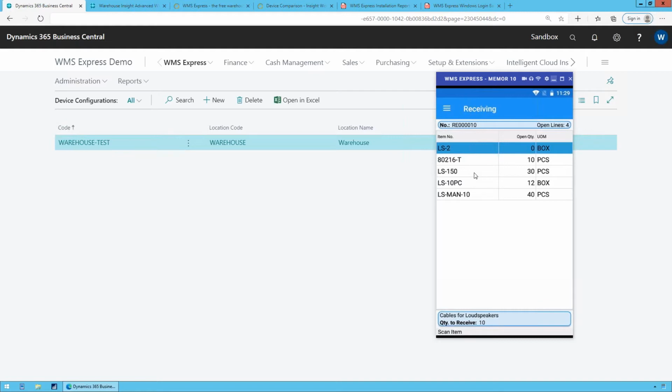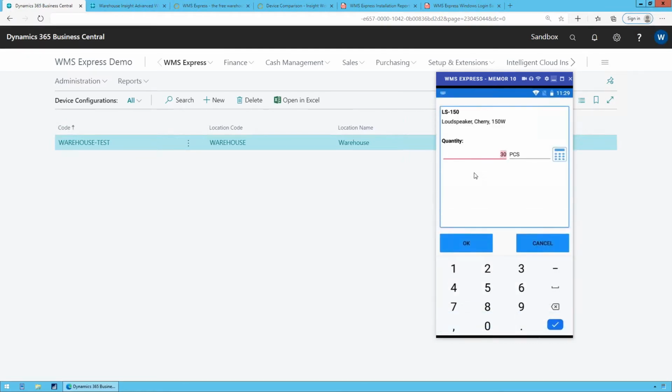I don't have to know what I'm scanning. I just scan the barcode. The system is going to find it in the list. It can optionally even show me a picture of that item, and then it's going to prompt me for the quantity. Now, in the full-blown Warehouse Insight, you can extend this quantity. You can have whatever additional fields you want. In this case, it's just going to prompt me for the quantity, and I'm going to enter that, hit OK,